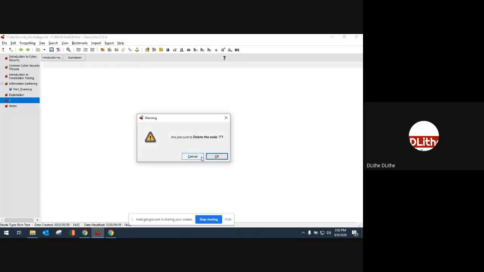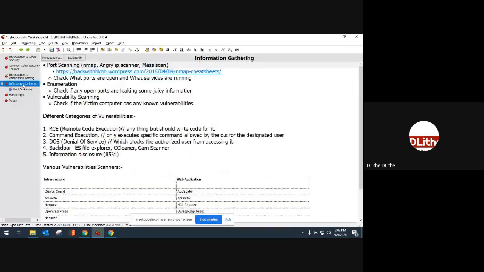Before starting today's session, let us have a small recall of what we discussed in the previous session. We were performing the practical part of exploitation and our 5 phases of hacking, where we saw the end-to-end procedure, right from our information gathering phase, where we used port scanning, enumeration, and vulnerability scanning, and later used that information to compromise and gain access over our victim machine. That was what we did yesterday.